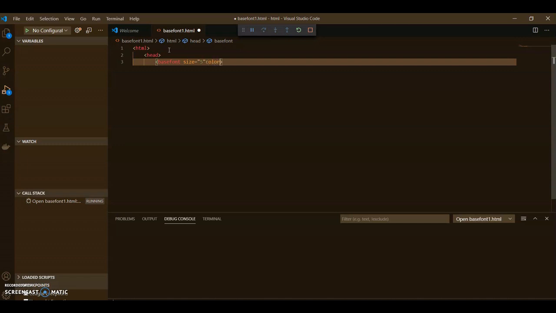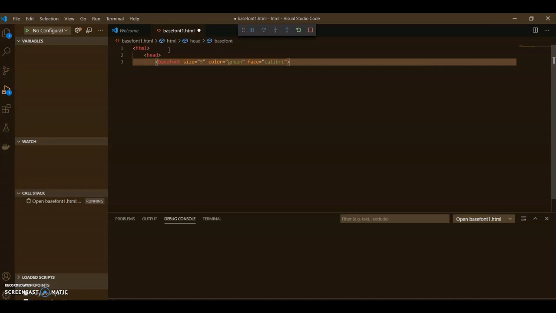Color should be, as you know, by default black, but by using this tag you can define your own default color. I'm defining the default color as green. And face, it means I'm giving the default styling, which as you know is Times New Roman, but I'm giving Calibri.